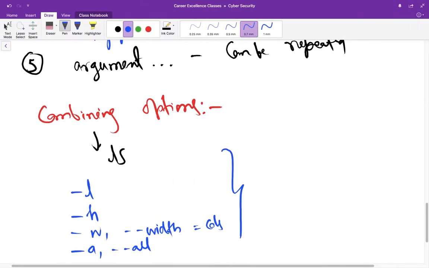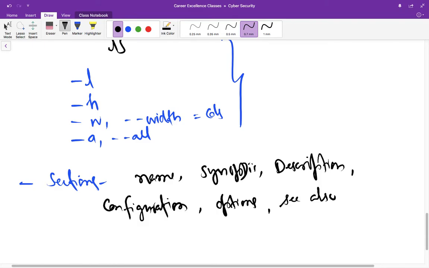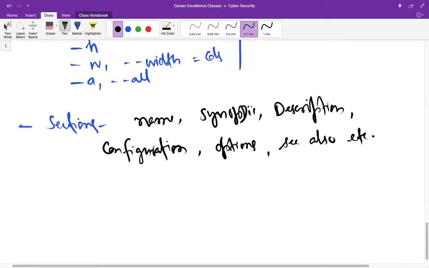Now learn more things about this man command. A man page consists of multiple sections and information is divided into these multiple sections, and some of them, as you have seen, are name, synopsis, description, configuration options, see also, and so on. So these are multiple sections. In addition to these conventionally named sections, for a man page there are man page section areas, and each section area has an assigned number starting at 1 and going to 9.